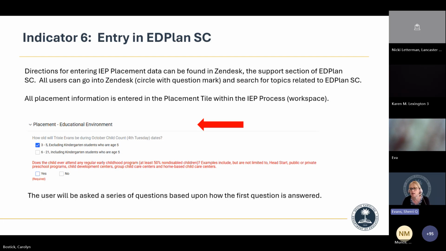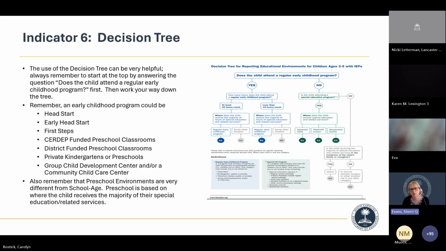Carolyn, do you mind going to the next slide? I want to talk through the decision tree a little bit. We have a couple of decision trees. This is the one that I prefer, just because at the bottom you'll see it talks about what constitutes a regular early childhood program and what constitutes a special ed program. And sometimes districts don't realize that regular early childhood programs encompass things outside of your district.